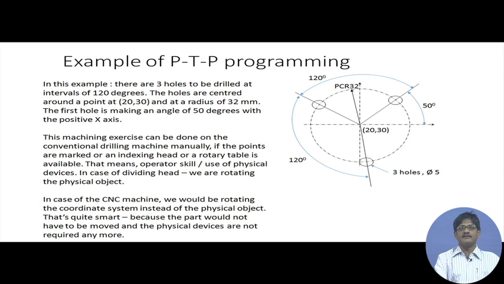Let us have a look at an actual program. What is this program about? You can see that there are 3 holes to be drilled at the circumference of a circle. That is good. Only holes? No. This program will also solve the problem of 3 weldments to be made, or 3 solders to be made, or enlargement of existing holes to be made at these 3 locations. Are the locations constant?